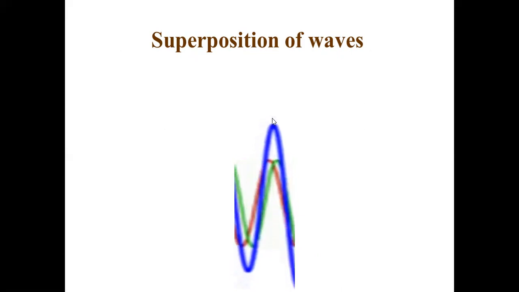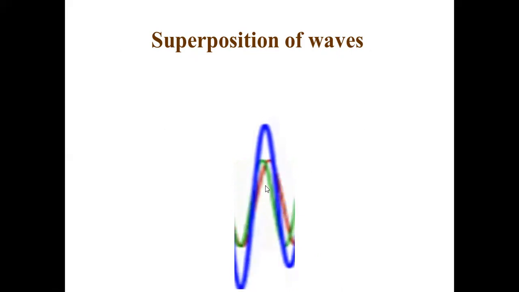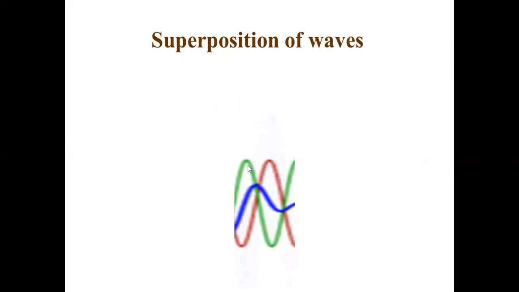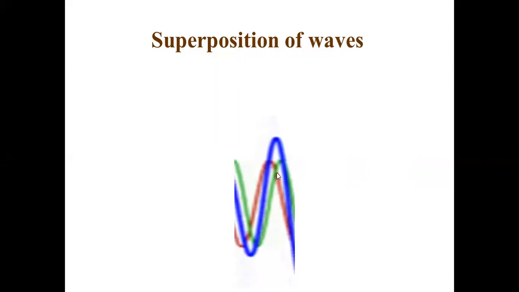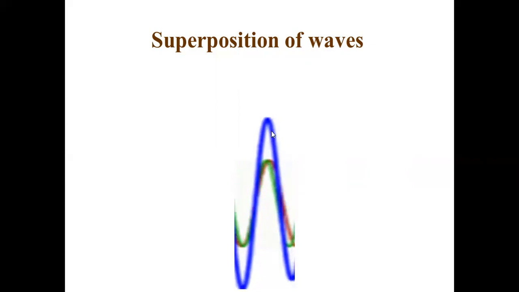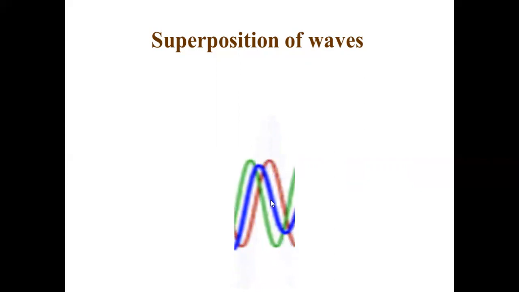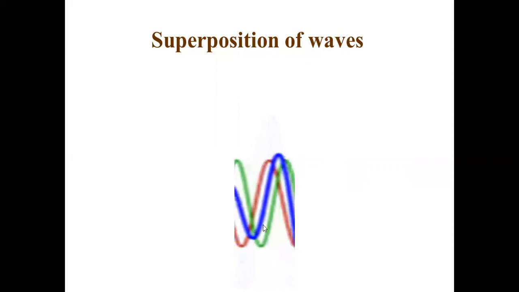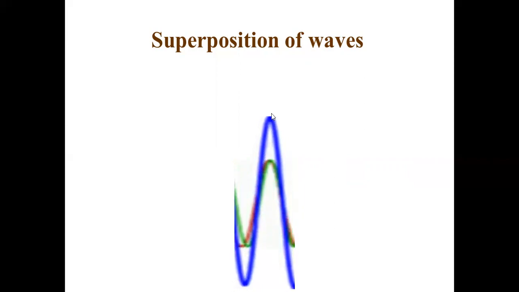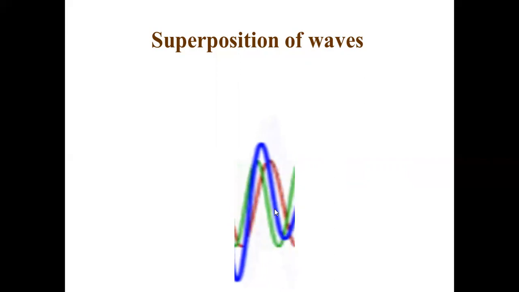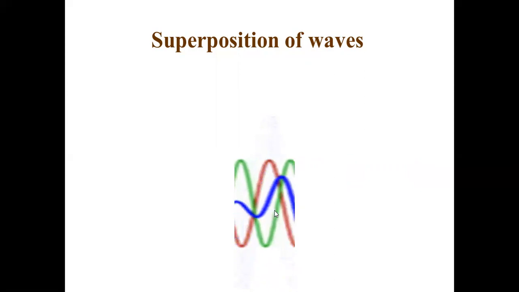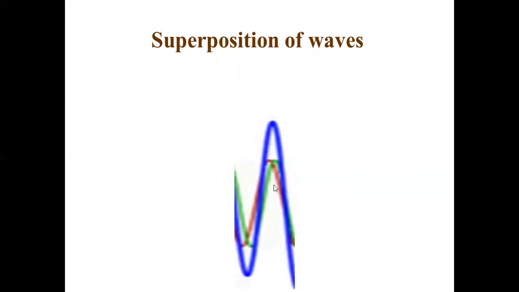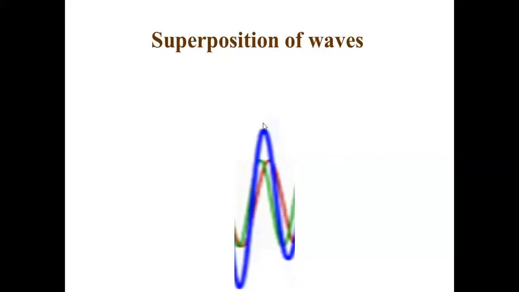What will be the result? That is given by the blue wave, right? So simply to understand, red wave and green wave are traveling with respect to each other. Sometimes crest falls on trough, sometimes crest falls on crest of green and red waves. Blue is the resultant. Now how is the resultant drawn? You see, when the crest of red falls on the trough of green, you see there is no wave. When the crest of green falls on the crest of red, you see maximum wave. This is the resultant. And when the two waves superpose, you never see the two waves at all. You neither see the red wave nor the green wave. You see the resultant wave itself.